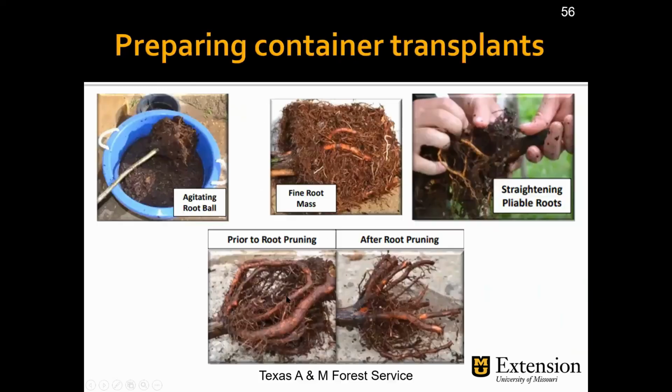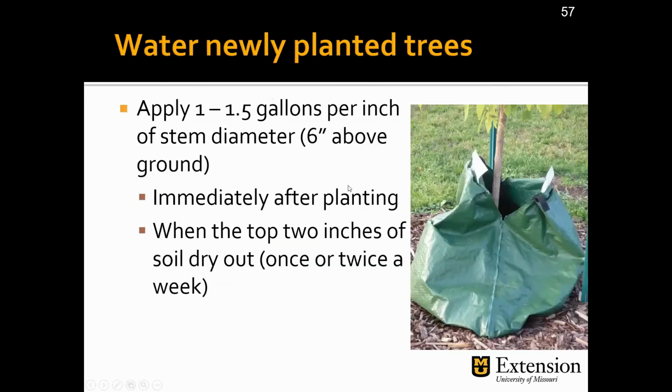So once you straighten the roots and prune the twisted roots, you can go ahead and plant container transplants. Like I mentioned before, you want to make sure that you apply water to these trees. A rule of thumb that I've seen on many extension websites is to apply between 1 and 1.5 gallons per inch of stem diameter. So you go 6 inches high, and then you measure how wide the stem is. If it's 3 inches, that means you're going to apply between 3 and